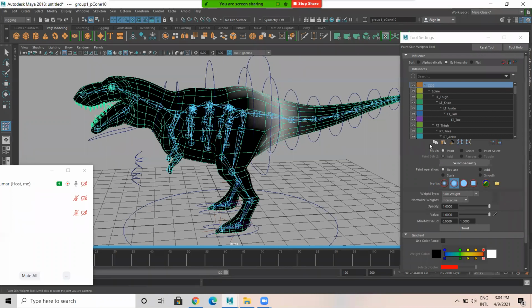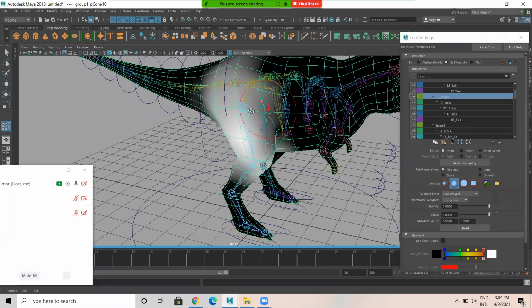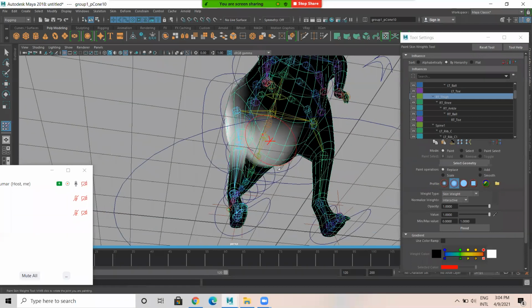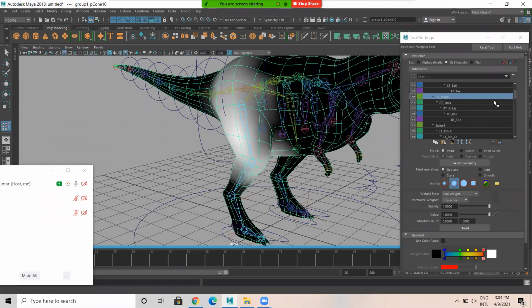For example, if I select right thigh, this is the right thigh joint. This is the purpose we name the joints. Right thigh should affect only this area, not the abdomen area. So that's the purpose. Now let's do this.